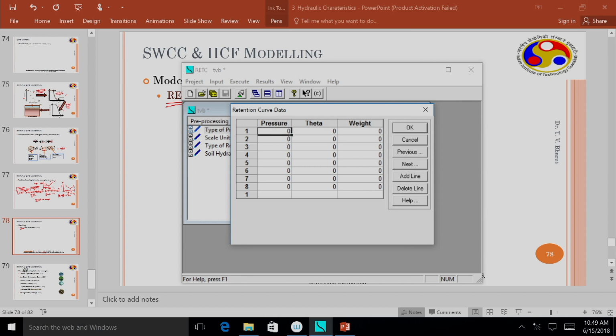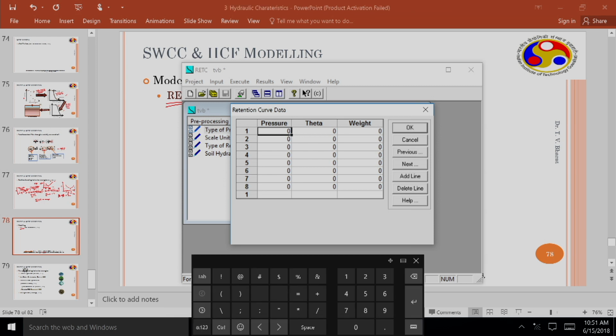Here pressure should be inputted in meters. So I can input the data, that is 13.94 meters pressure corresponding to a theta value of 0.099, and a pressure value of 4.255, and the corresponding theta. As pressure is decreasing, the theta value should increase. So this is 0.12, pressure is 1.608, so the theta data is 0.172, and this is 0.539, this value is 0.248,